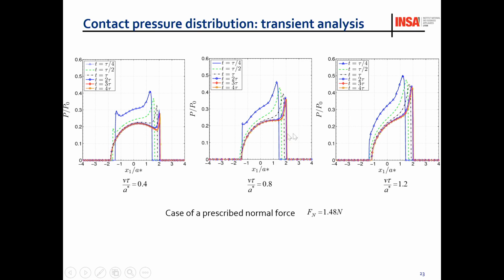So now, if you remember EHL lubrication, there is some similarity. Do you remember the peak of pressure at the exit of the contact? Then it's the same. When you have a very low speed, you have something which is quite symmetrical and which is very close to the Hertzian solution. And the higher the rolling speed, the higher the peak of pressure, and the asymmetry of the problem. And this is very similar to the EHL problem.